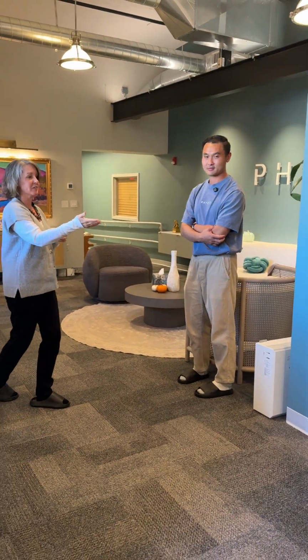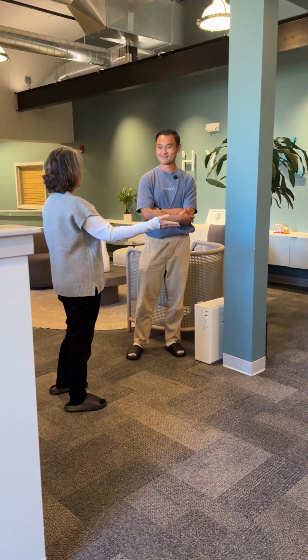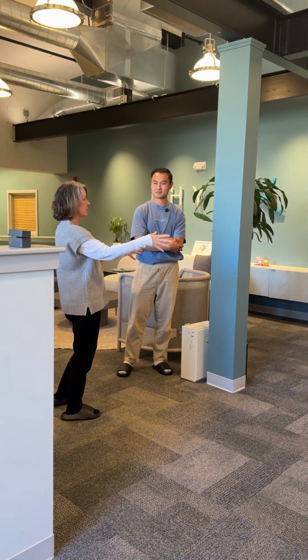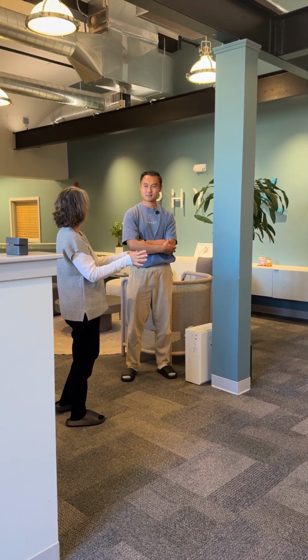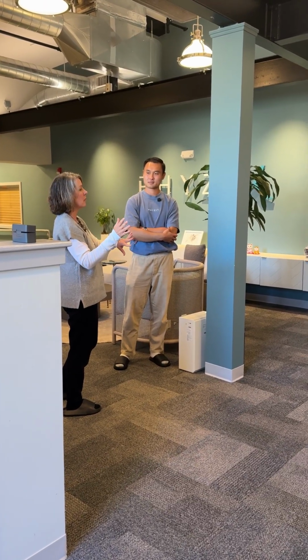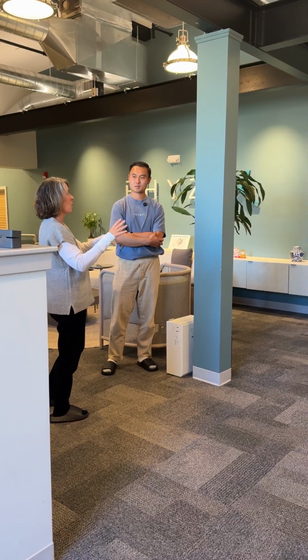This is what I would suggest: this corner over here, and this may be temporary because I know you're having some renovations done. But when people come in, they're looking straight ahead and they're seeing that accumulation of objects in that corner that feel a little bit like clutter. And so maybe you can soften that either by putting some plants in front of it